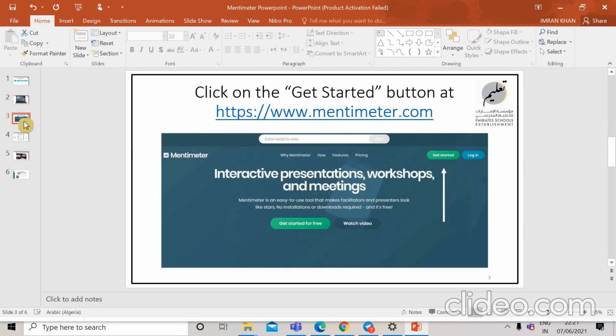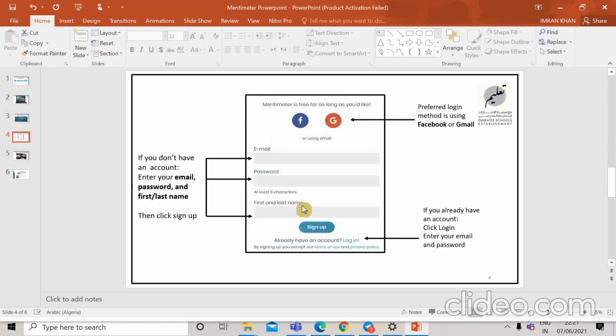To get started, you open a browser and write www.mentimeter.com. Once this website opens on your browser, you will be able to create an account. After this, a screen will appear.